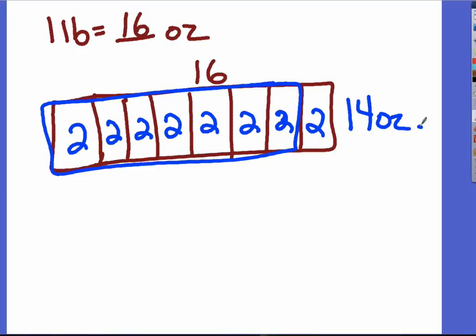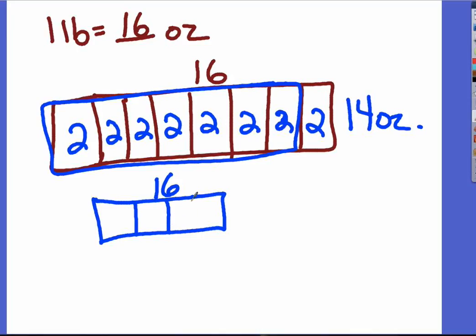For the walnuts, are we still talking about 16 ounces? Yep. And he did 3/4 of a pound. So 16 divided by 4 is 4. If you have 3 of those, 3 times 4 is 12